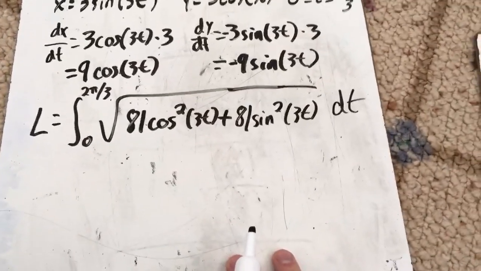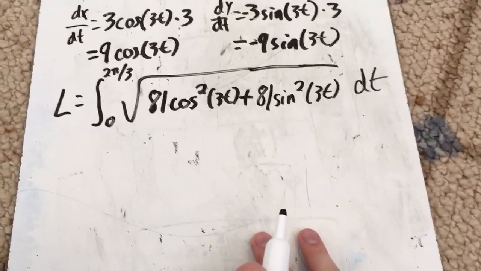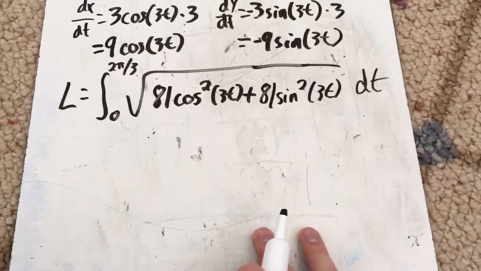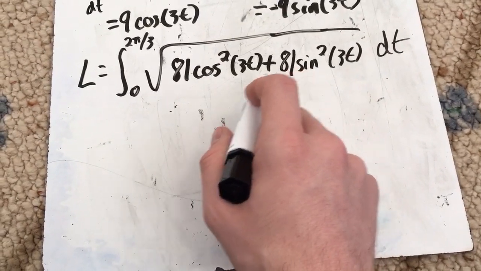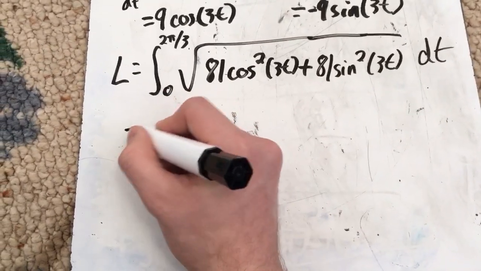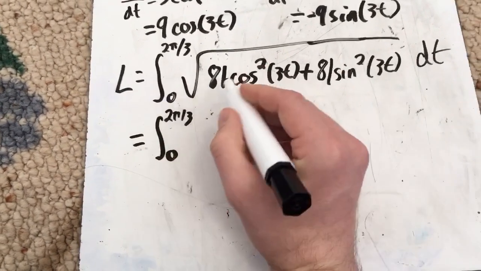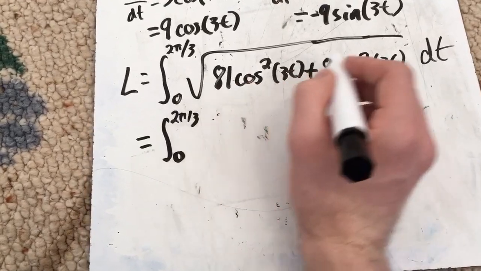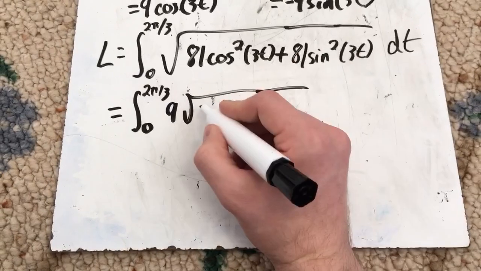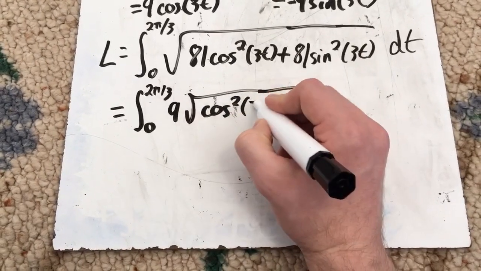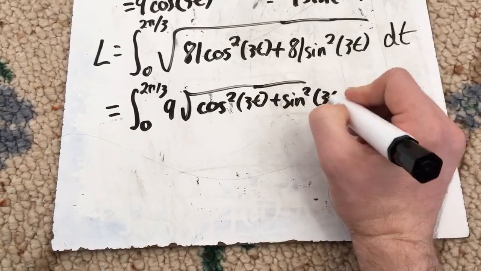over there. All right, we can clean this up a little bit. This integral looks a little painful to do. Fortunately, we got some cosine squared, sine squared in there, so that should be nice. Let's think about it this way. We have an 81 and 81. We could factor both of those out. What's the square root of 81? Square root of 81 is 9. So this is going to be 0 to 2 pi over 3. Factoring out the 81 and then taking the square root of that, it gives us 9 square root of cosine squared of 3t plus sine squared of 3t